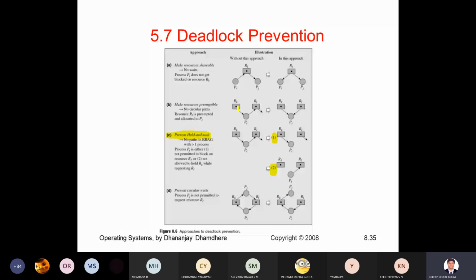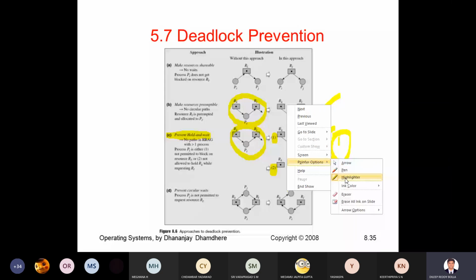This was the same as the previous one, right? If you observe, this question and this question are the same. The problem is the same. We have two different solutions: either follow this technique or follow this technique. We have two options here, option 1 and option 2. Let us see what all those options are.